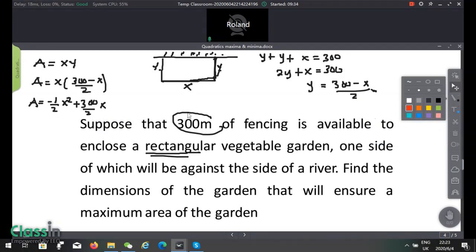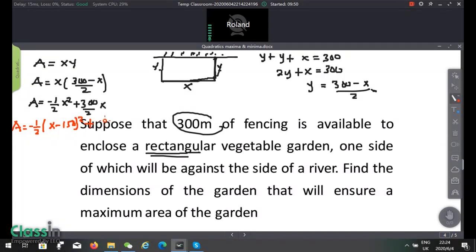If we complete this square, the area will be negative 1 over 2 into bracket x minus 150 all squared plus 11250. So clearly the maximum area is 11250, and the maximum area occurs when